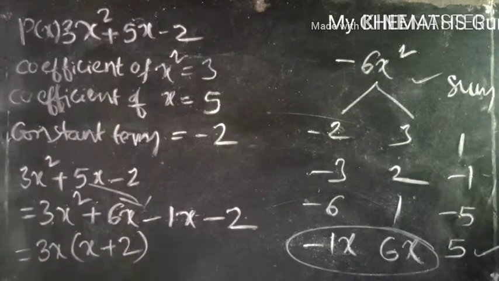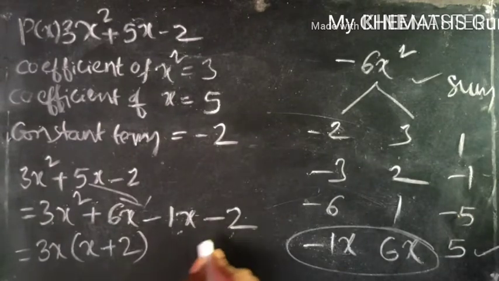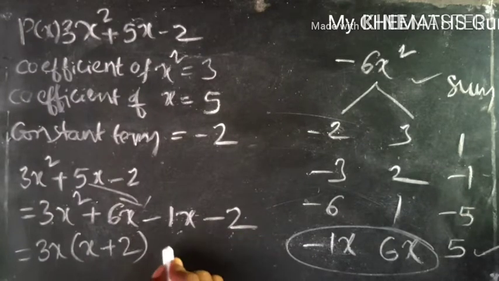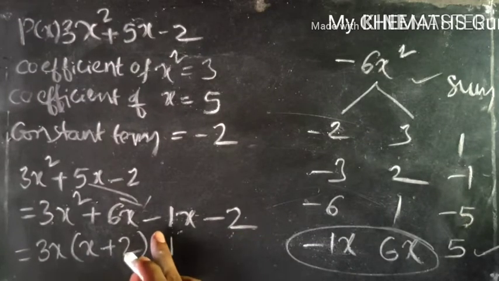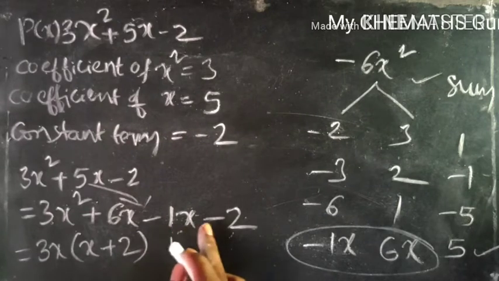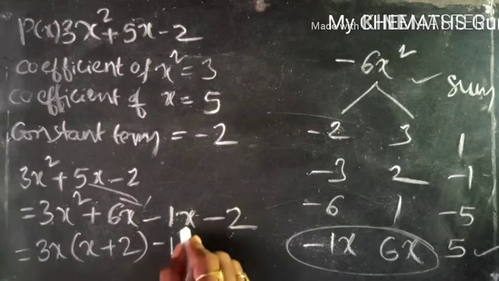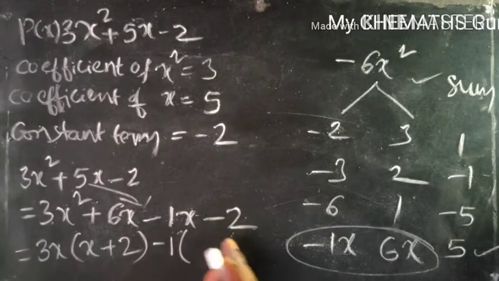Is it clear? Now from these two terms, is there any common factor? Other than 1 there is no common factor, so I am taking 1. Similarly, at the same time we take out minus also common, so minus 1 is the common factor. So if you apply the distributive property, the remaining terms are x plus 2.